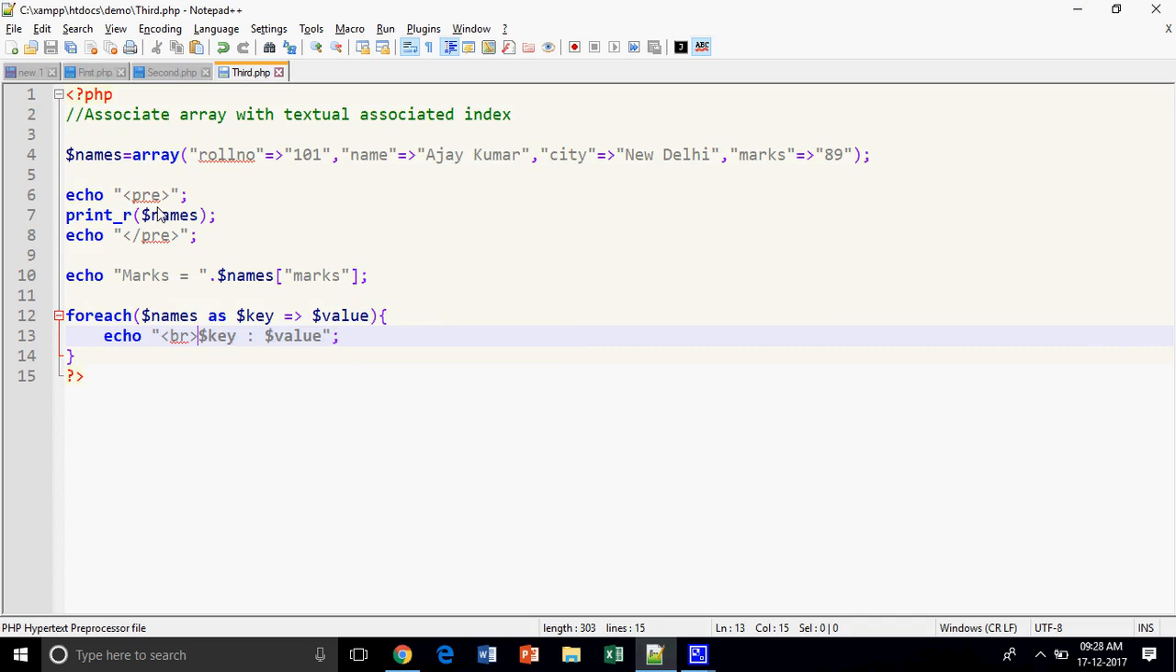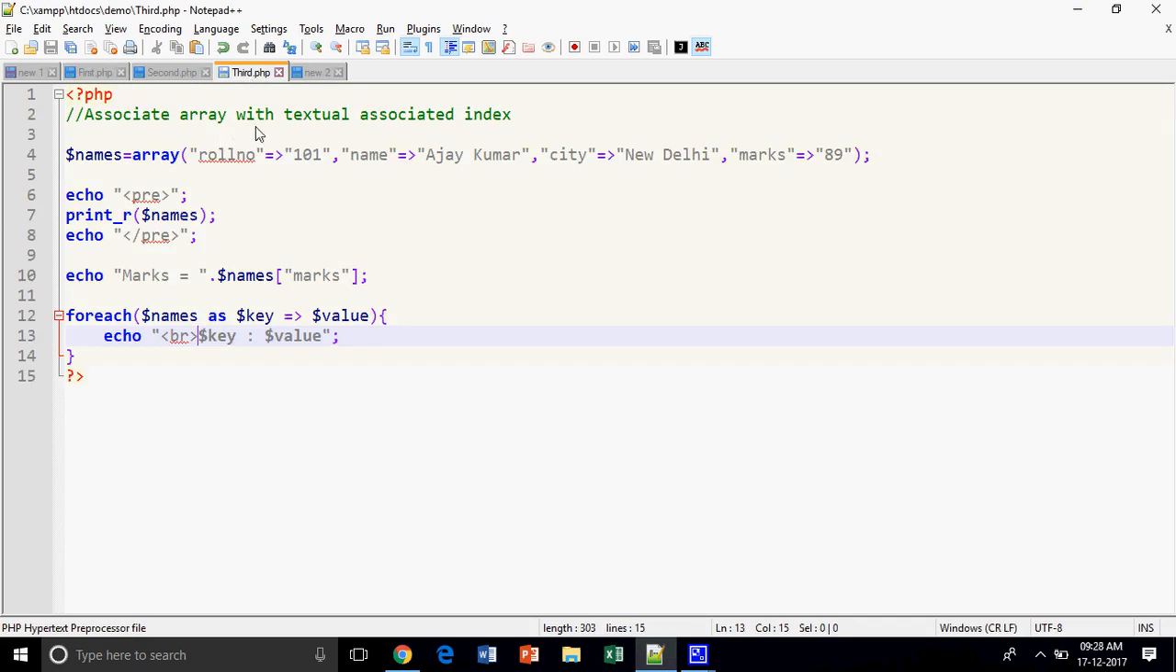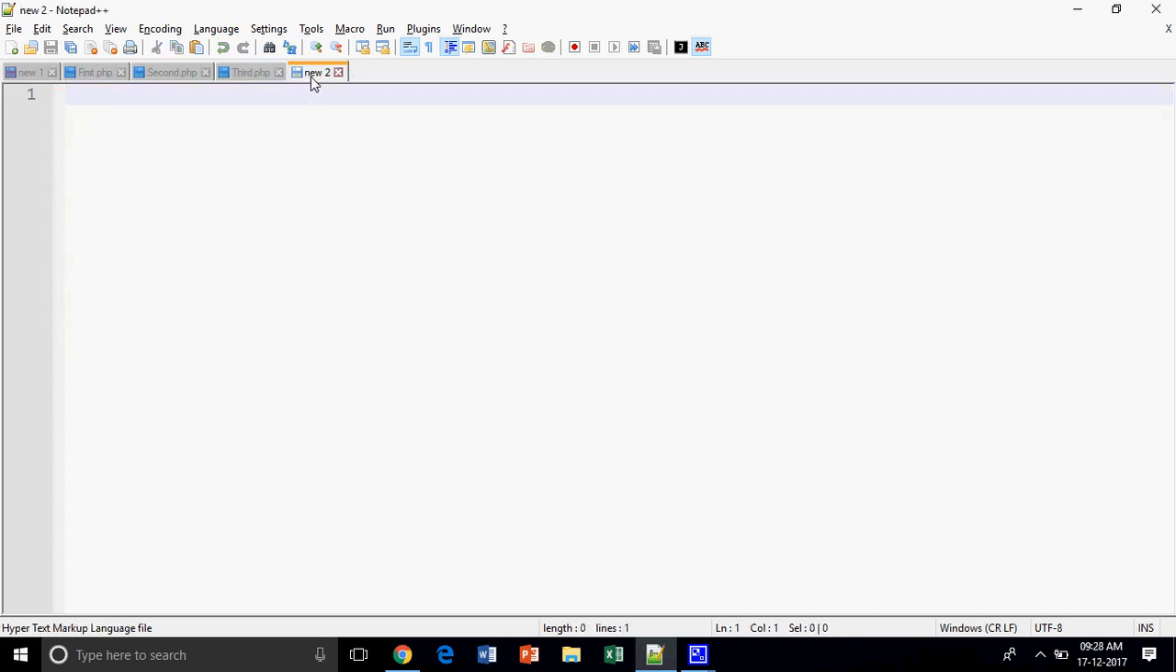So this is a very important concept if we have to use the arrays in PHP, because in next videos I will show you how they are important. This is the most important way, because our forms are handled in associative array, and we have to get the values in this way. So next thing we need to do is that,